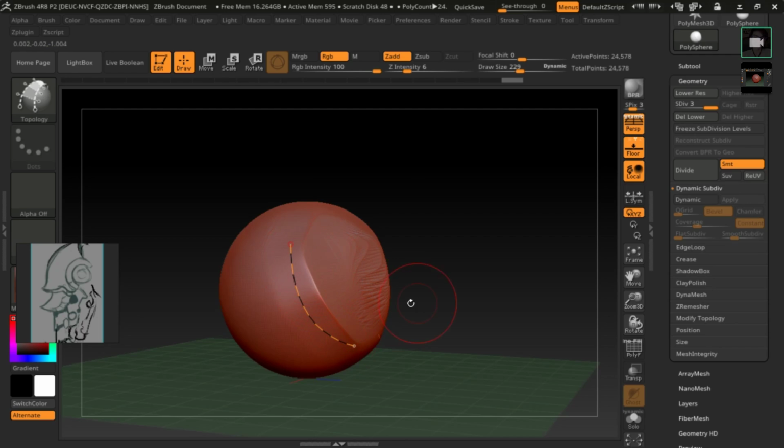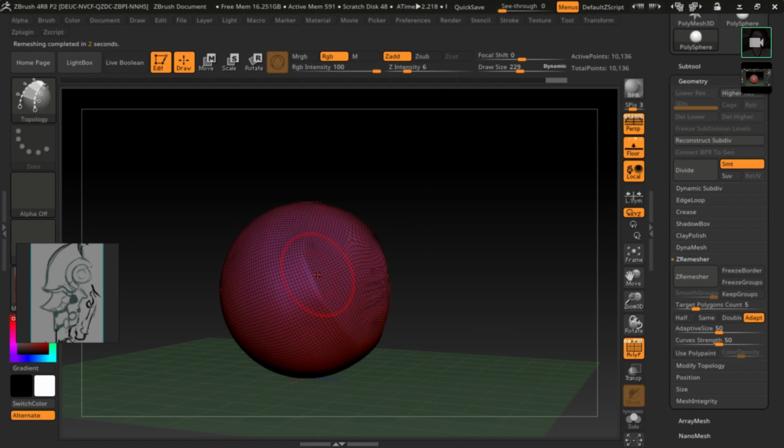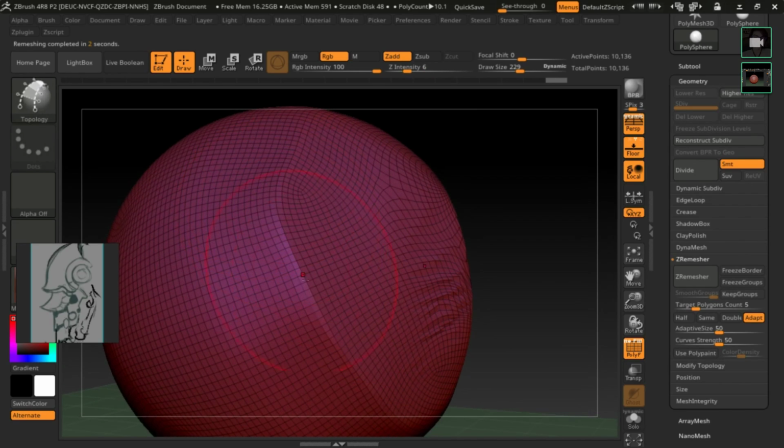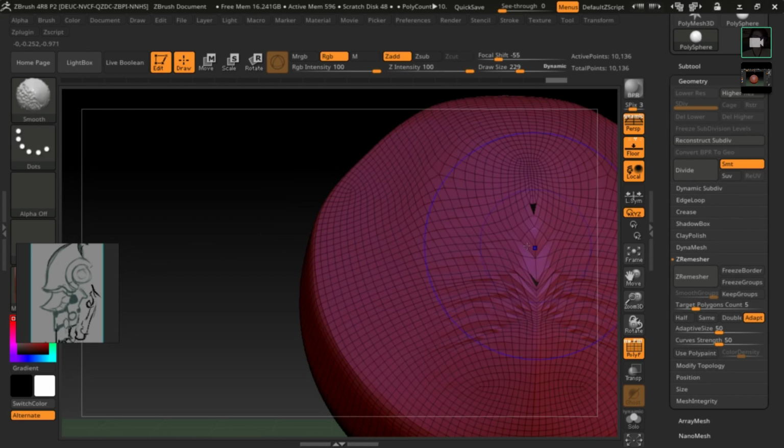So I just made a line that tells it, whenever you ZRemesh this, I want a line to go this way. So ZRemesh happens, it calculates it. Now if you look at the topology, it actually follows what I asked it to do, but it doesn't follow here. You see, it's all messed up